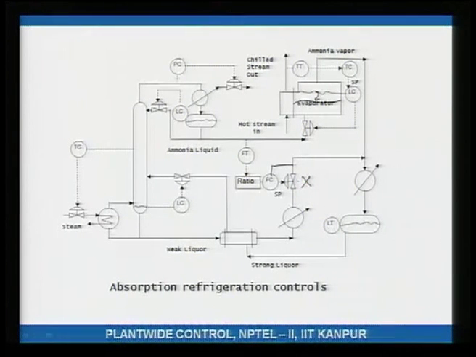Because this valve, or this flow rate, the bottoms flow rate, is maintained in ratio with the distillate flow rate. The more the amount of the distillate, that means more the amount of ammonia to be absorbed. Well, the water flow rate is increased in that ratio. So, if the ammonia flow rate into the evaporator increases 10%, the water flow rate which is used to absorb that vaporized ammonia is increased 10%. That is what this ratio station is doing.